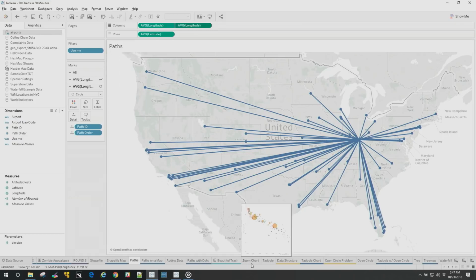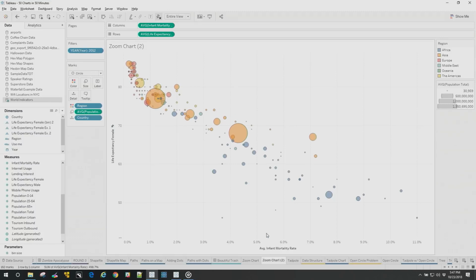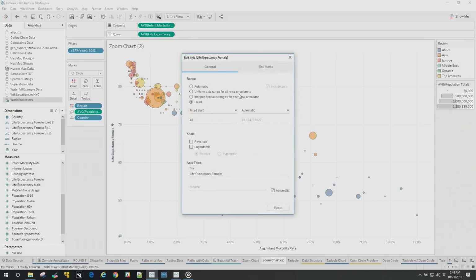I haven't seen anybody do this one in Tableau, and it frustrates me sometimes when dots are on top of each other. Andy just built this beautiful scatter plot. It's basically the same scatter plot, and I just want to see this view over here. So here, what we're going to do is duplicate this chart that I'm calling a zoom. So I'm going to duplicate the chart and have another one that looks just like it, zoom chart 2, if you will, okay? And the trick on this is that you're going to go to your axis and make sure